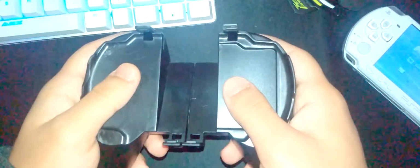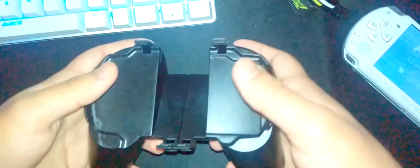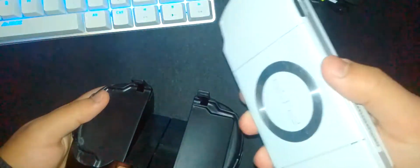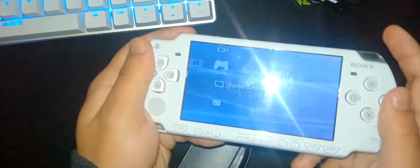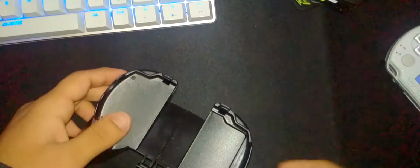So what it feels like is like you're reaching with your thumbs way too high up, because the PSP is not a slim system. It's not like the PSV where you can get a case that goes around it and the grips just come out like this and you can play like that. There are cases like that, but this is the cheapest one, and unfortunately I highly don't recommend this,